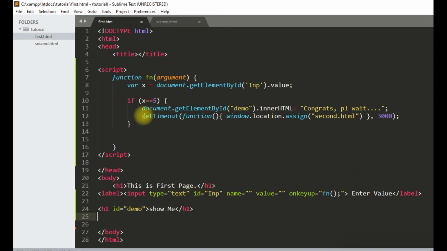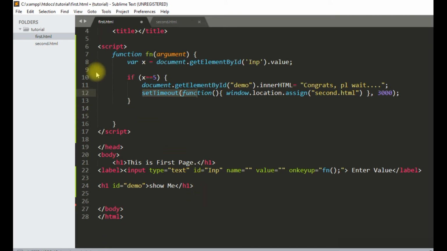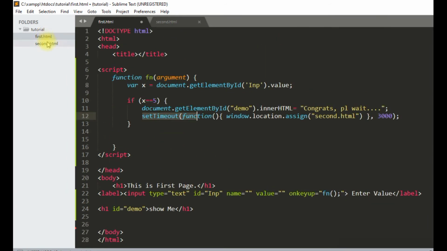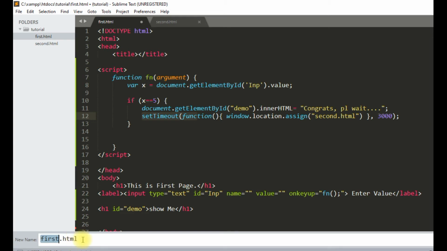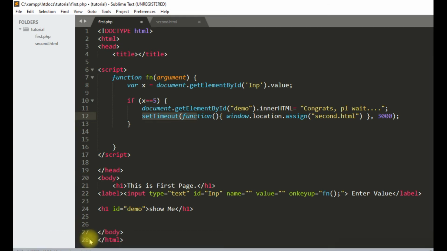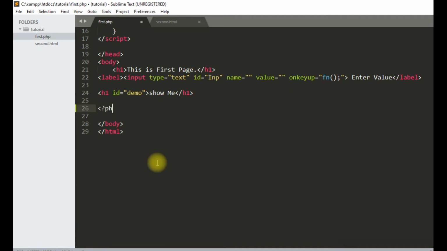Now you can use this set timeout JavaScript function in the PHP also. For this we have to change this HTML document into PHP document. We have to write PHP.